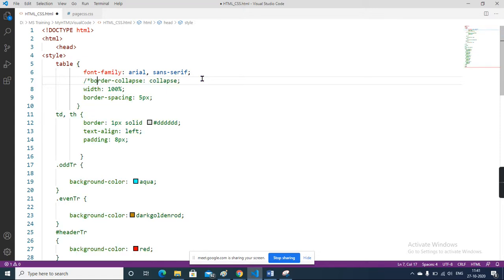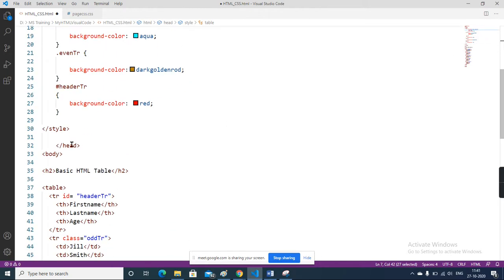See, in css there is another way to comment. Comment means I want to ignore this line. In css the comment is like this, and in HTML we apply the comment like this.